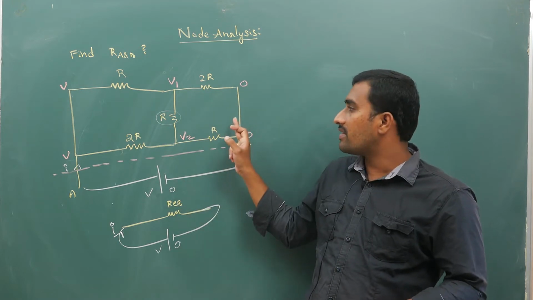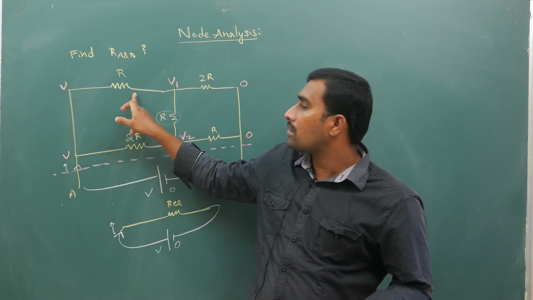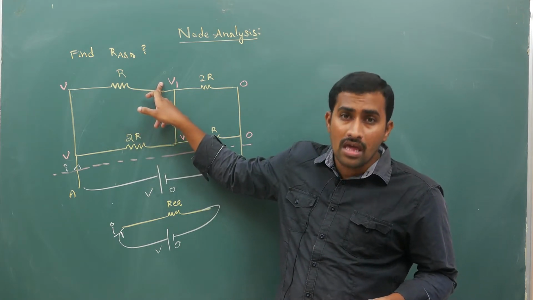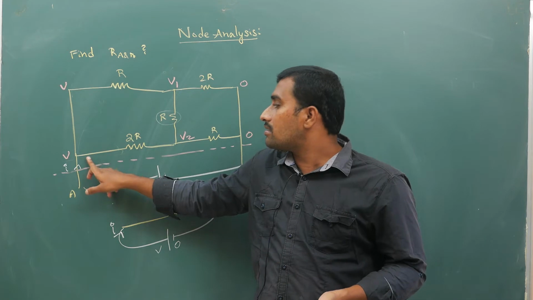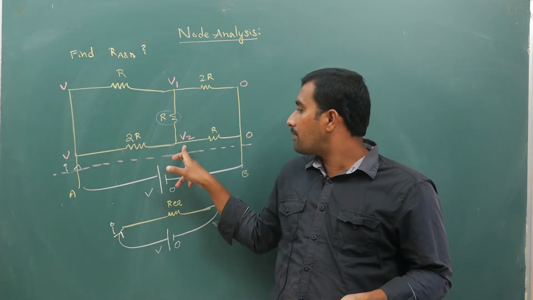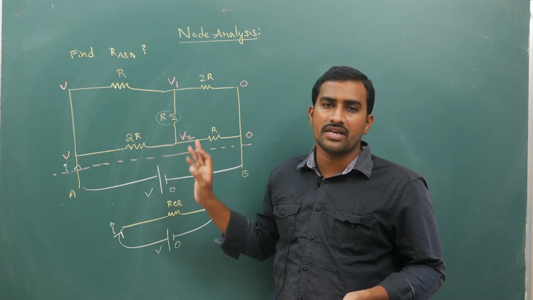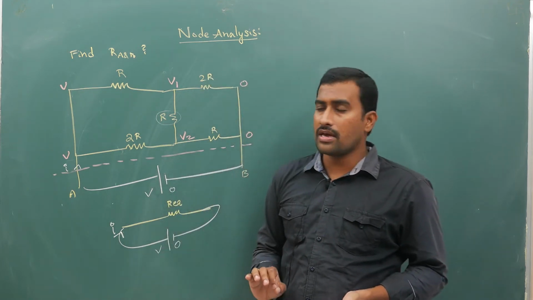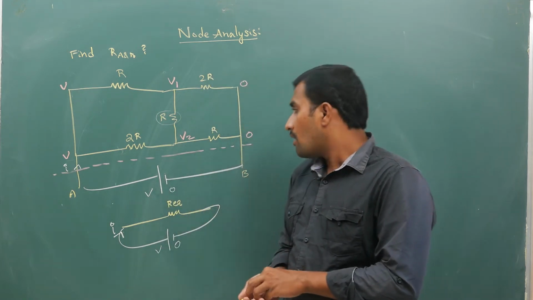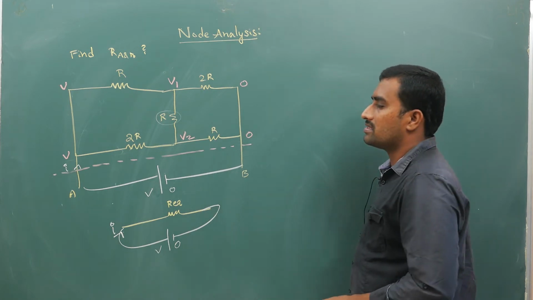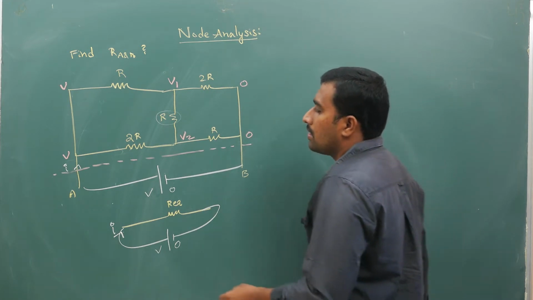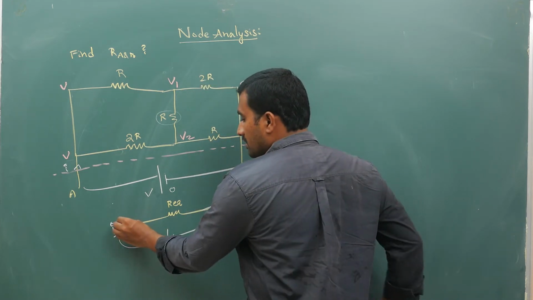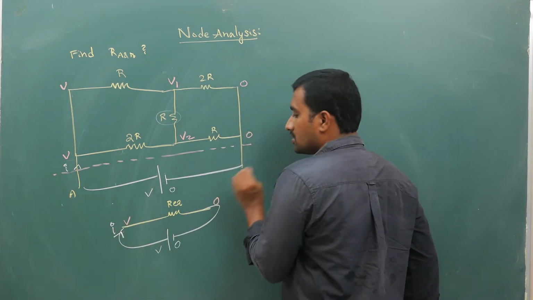Now after you have crossed a resistor R from this side, I have kept the potential to be V1. After this 2R, I have kept this potential to be V2. Okay, hope you have understood what I am trying to explain here. Now once you have marked the potentials like this, even here I will mark the potentials, it is V, it is 0.